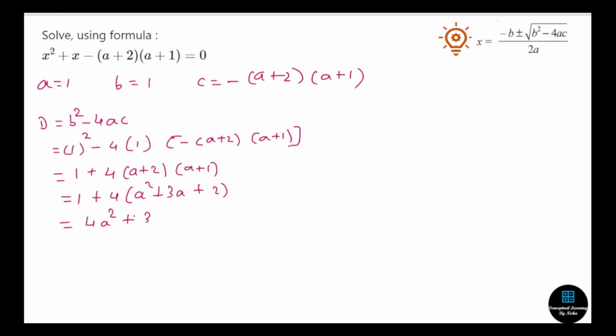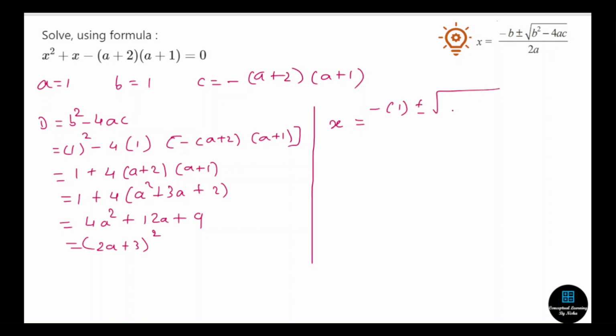12a plus 9. So this is nothing but 2a plus 3 whole square. So the discriminant value is greater than 0 because it is a perfect square. And now I can find the solution. So the solution is nothing but x equals minus b, so I'll write this plus or minus square root of d. So this is nothing but 2a plus 3 whole square